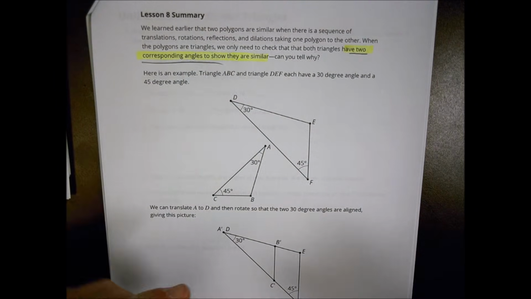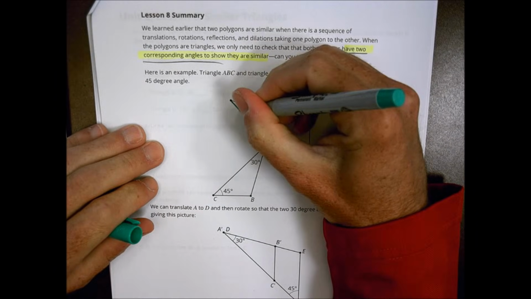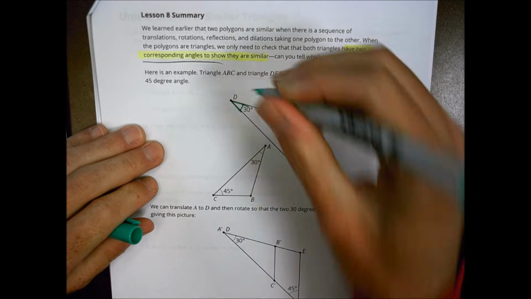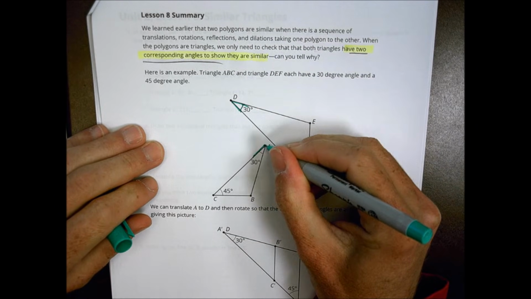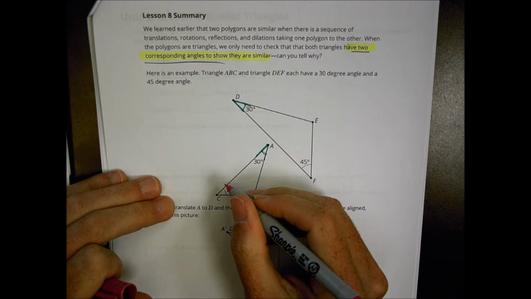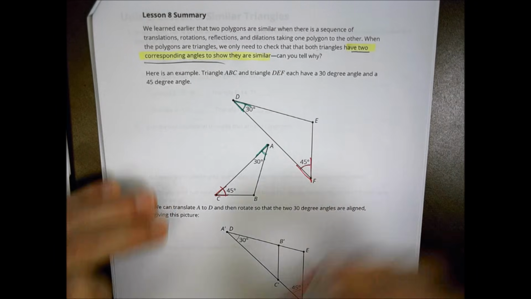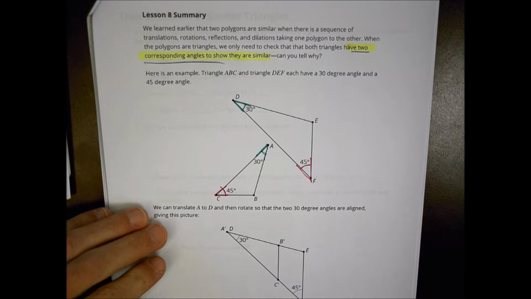So if we had an example here, a triangle where we have a 30-degree angle right there, and I have a 30-degree angle right here. If I know a 30 is a 30, and I know the other is a 45 and a 45, as long as I know that there are two, then I can say that these are going to